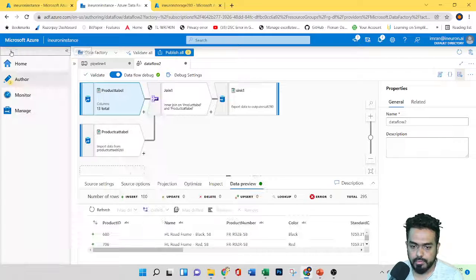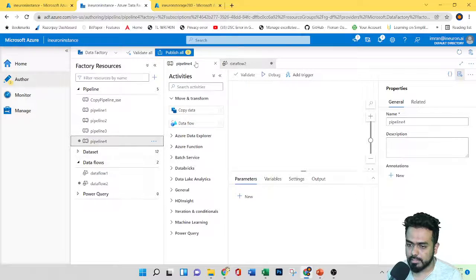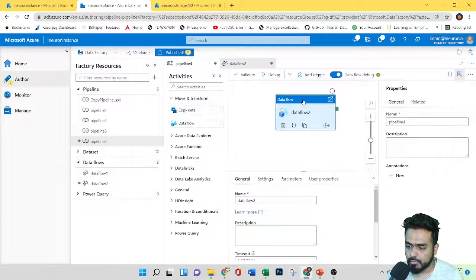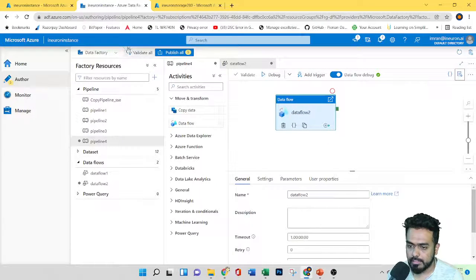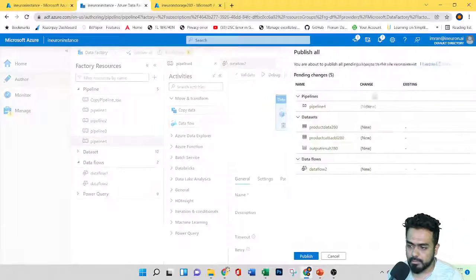If I expand this, we have here data flow, sorry, pipeline 4. I'll drag this data flow 2 here, whatever I've just created. From here, I'll validate first, validate all, then publish.